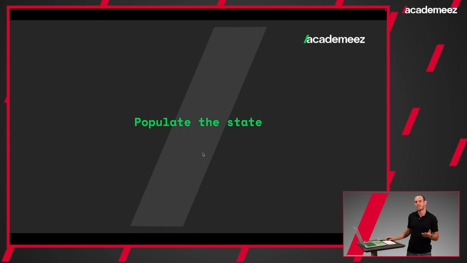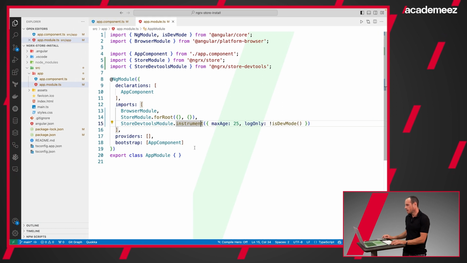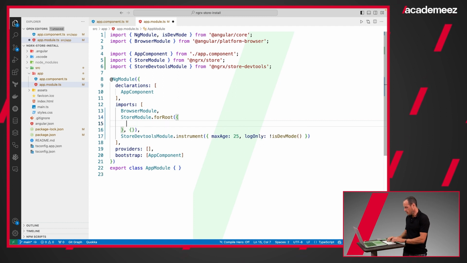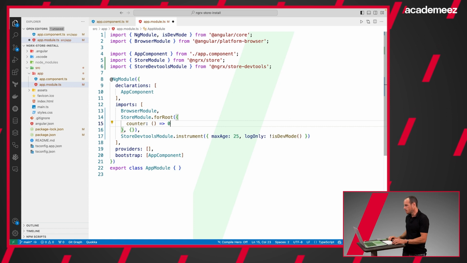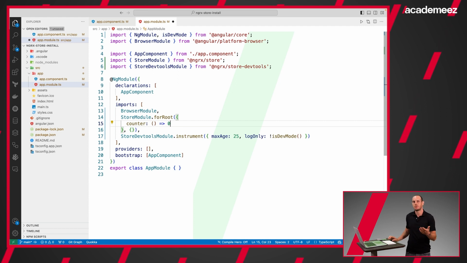To see that we can actually examine the state with Redux DevTools, we need to populate the state with some simple data. So let's go back to our project. Let's go back to the app module, and in the StoreModule.forRoot, in the first object, we'll add a counter, and the syntax will be a bit weird. We'll add a function that returns 0. Later in this chapter, in future lessons, we will learn about reducers returning the initial state,